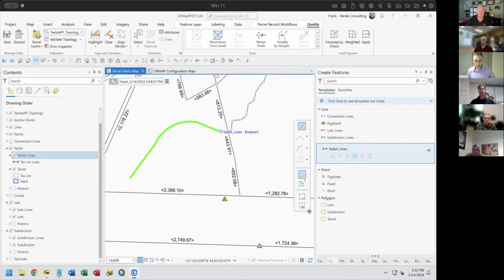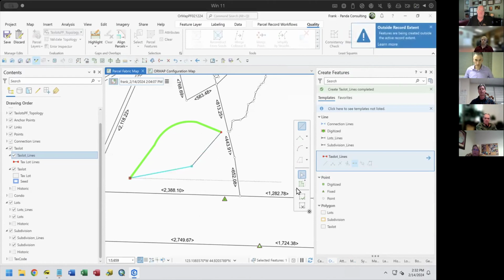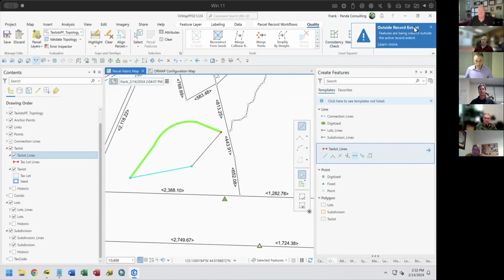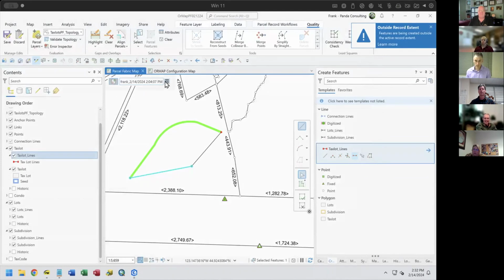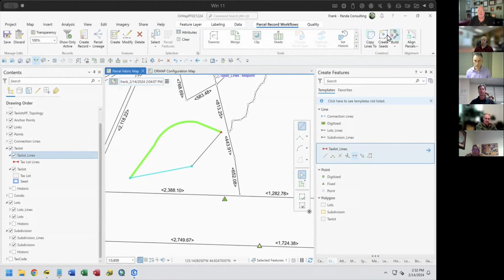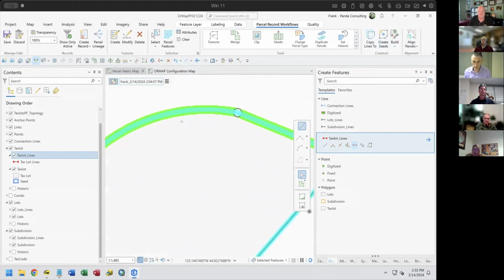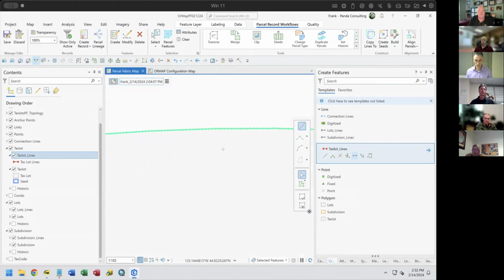You can see my extent. I know I'm outside the extent. I don't care about that. Let's go back here and let's create my seed and let's build this. I can build this, and in fact, all that I'm left with is additional points on each one of those lines. I need to know that I'm not going to calc the COGO on these lines, but bringing it in,